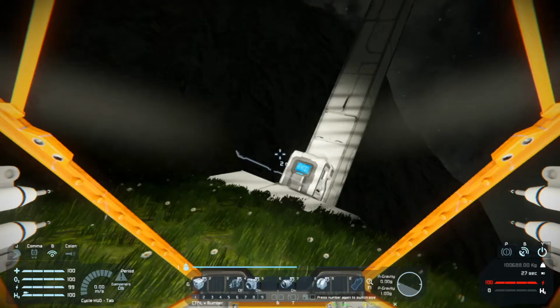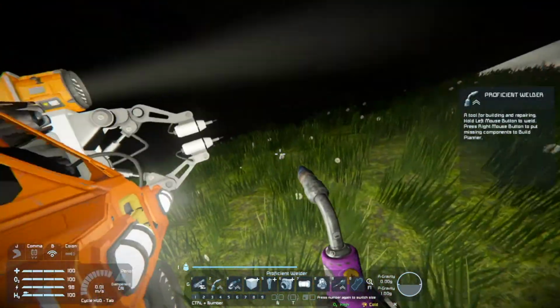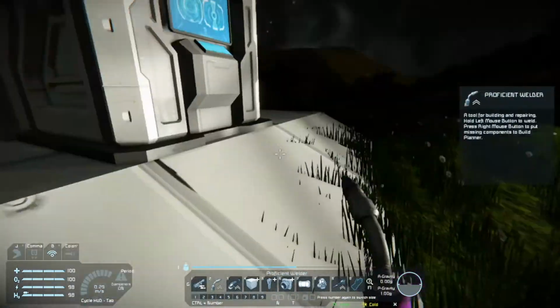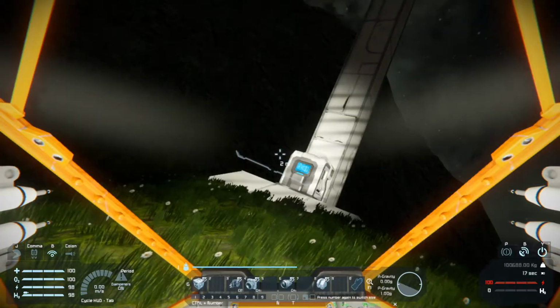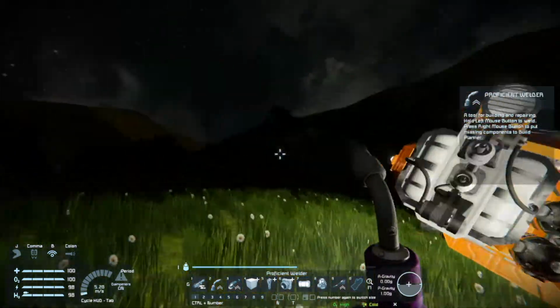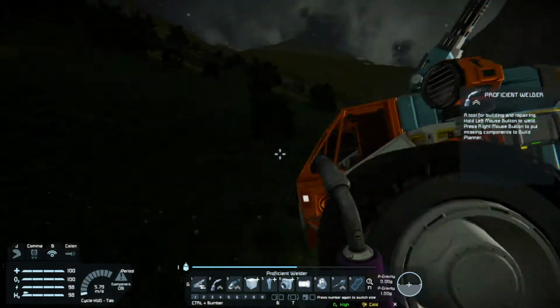How much power do you have now? 30 seconds. Okay. Oh, come on. I'm stuck in that welder. Turn the lights off. Lights off. Oh, when you get power now, you're going to...